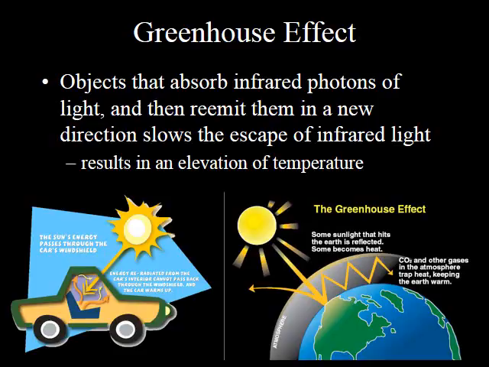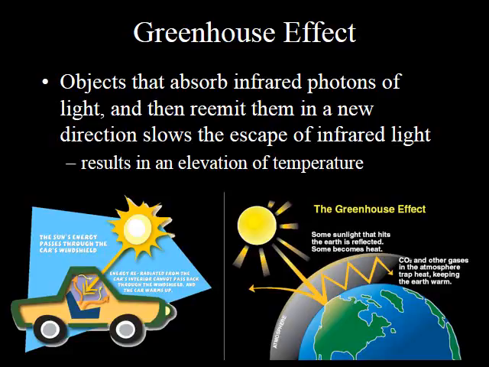It'll heat the surface of the Earth. The Earth will become warm and radiate infrared light. That infrared light will get trapped by greenhouse gases in our atmosphere that keep that heat close to the surface of the Earth. So just like your car doesn't get so hot it catches on fire,